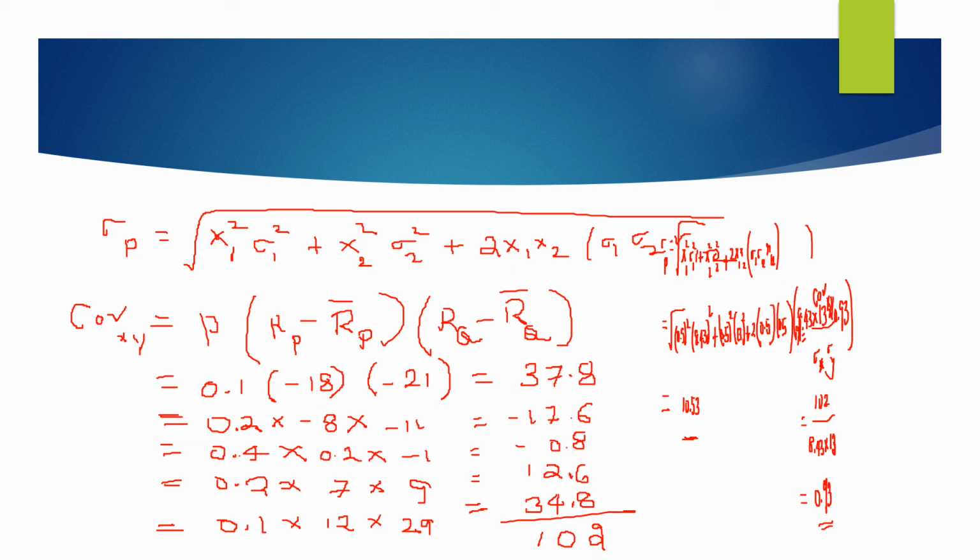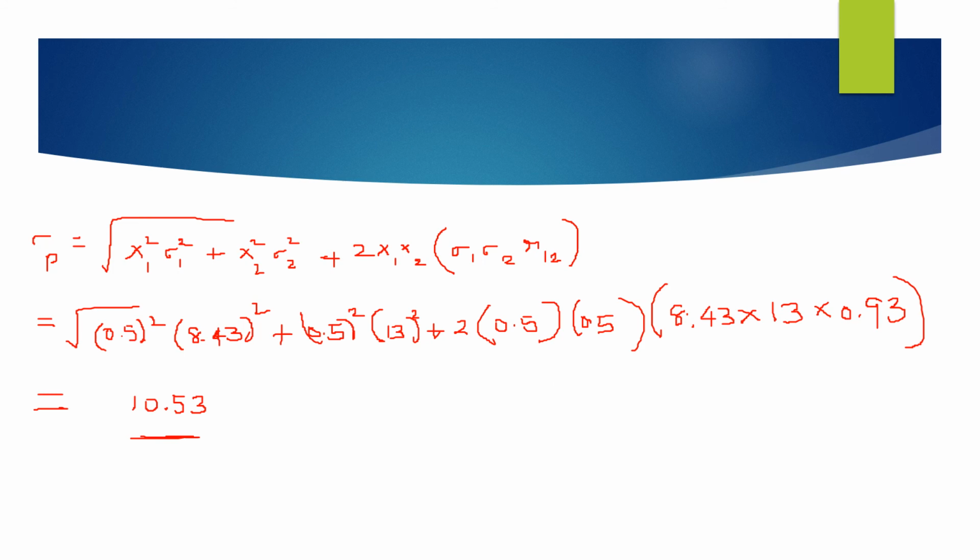You can easily substitute the values here for finding the expected return. So this is the calculation for expected risk. Expected return we have already done; this is for expected risk, that is standard deviation. Sigma P is equal to the square root of x1 square into standard deviation 1 square plus, for both the stocks, x2 square into standard deviation 2 square. So this is the formula.